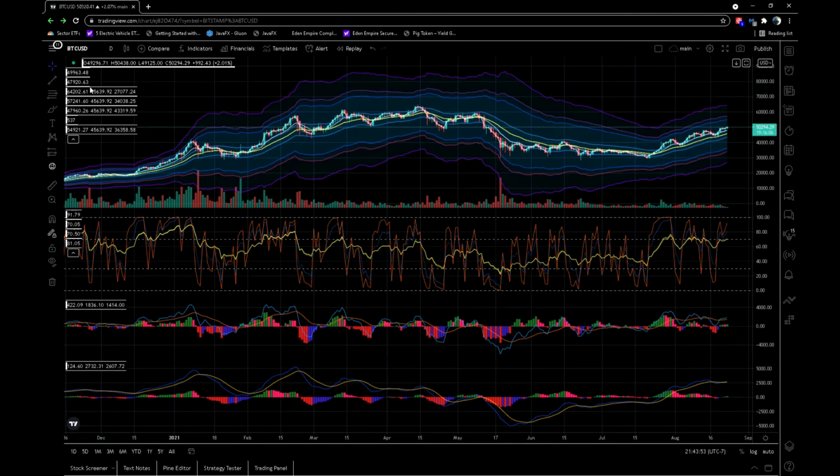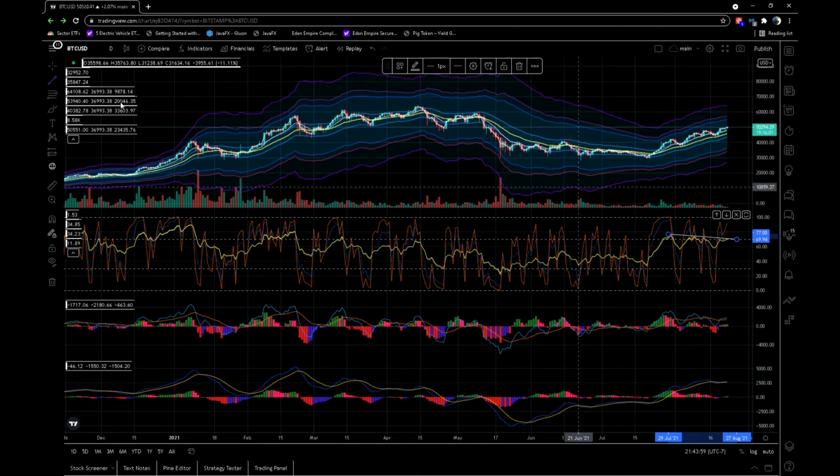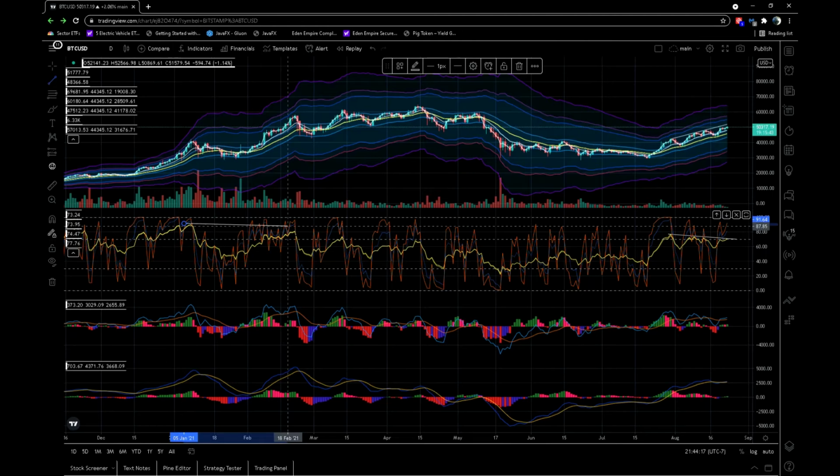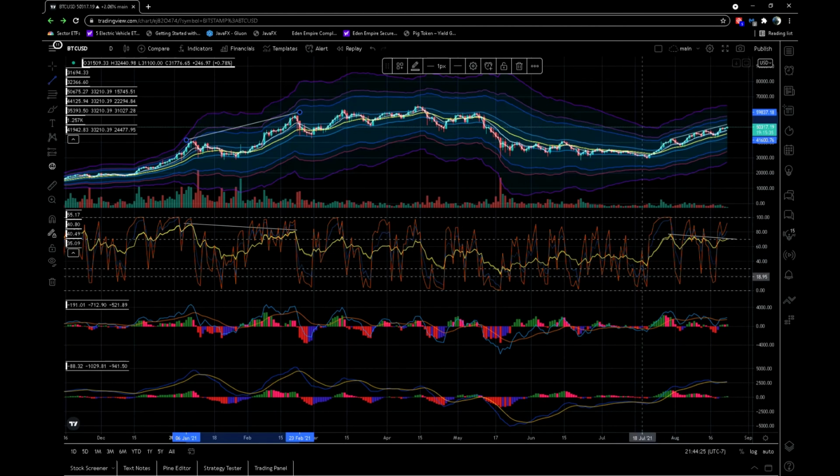Okay, so we do have some bearish divergence here. You can see that the RSI sloped down, overall price moved up. So that will probably be a bearish signal 99% of the time. There's one right there. And basically that just triggers a bearish momentum, you know, negative infinity momentum.